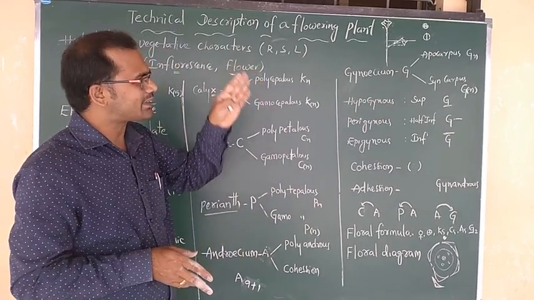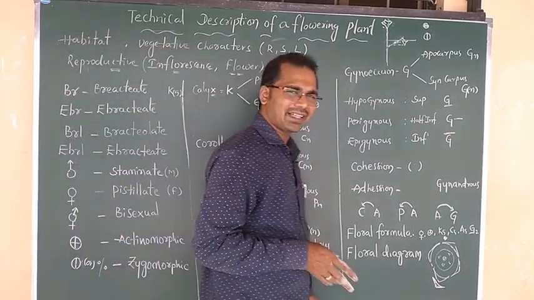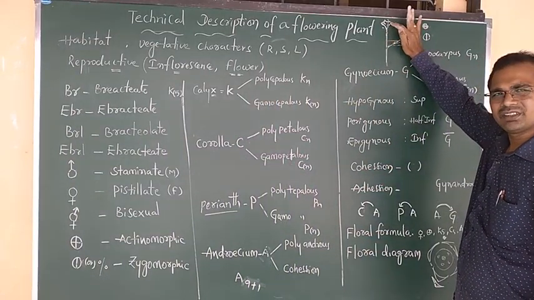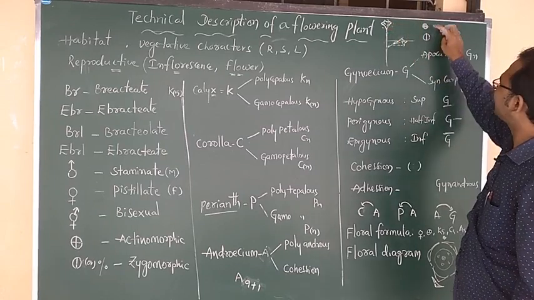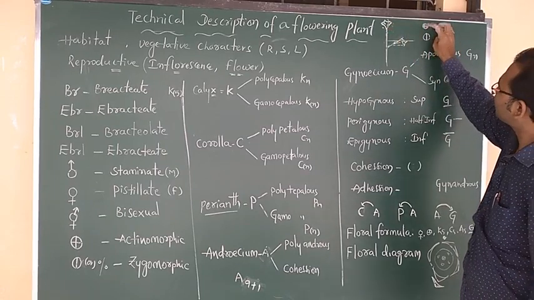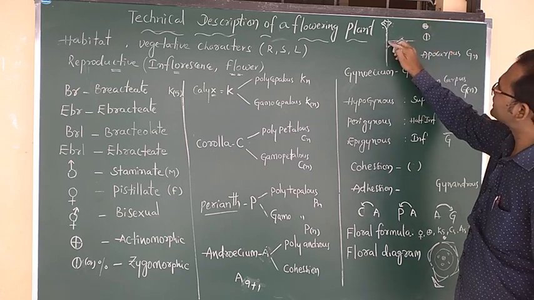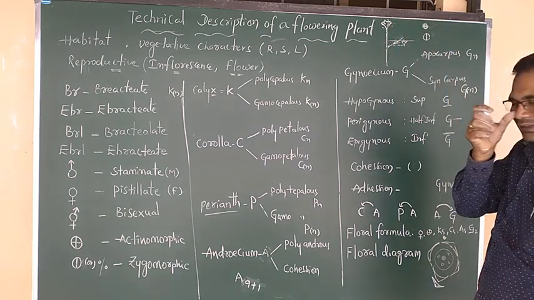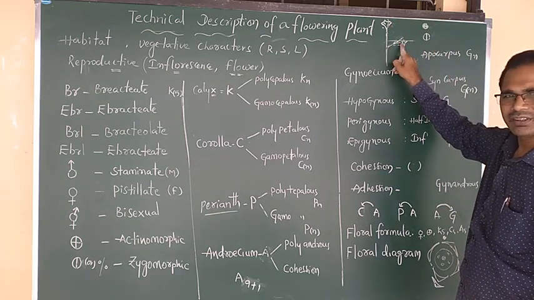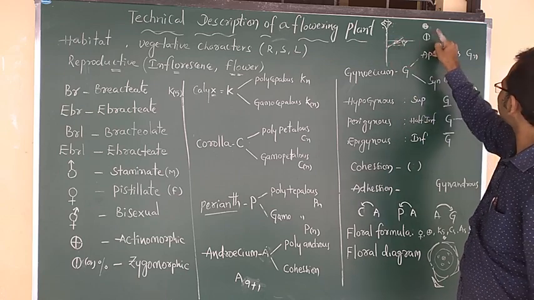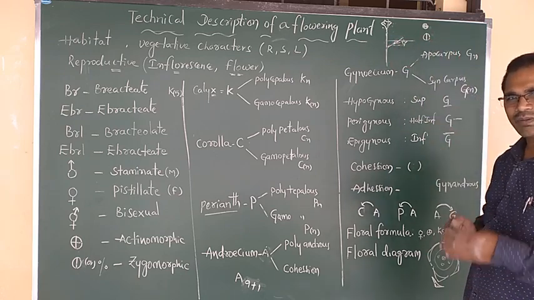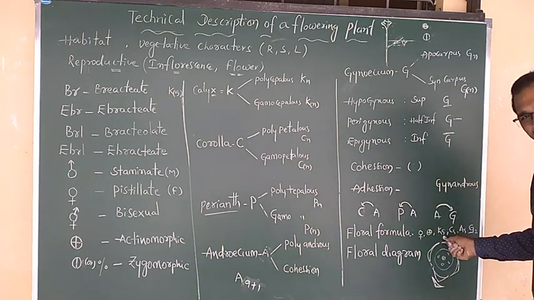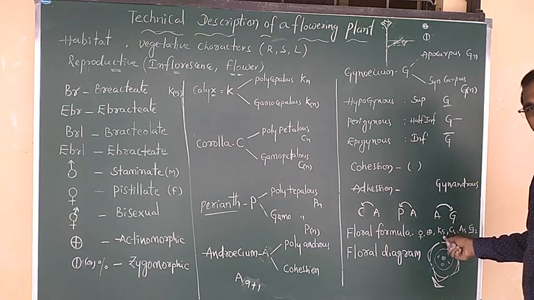How is that mother axis arranged? The mother axis is towards the flower. If the same axis is present, that is indicated by one solid symbol. This one solid symbol indicates how this mother axis is arranged to the flower. In case the mother axis is perpendicular to the flower, at a 90 degree angle, this is indicated by this one. Anyway, however the mother axis is arranged to the flower, it is indicated by the solid symbol.